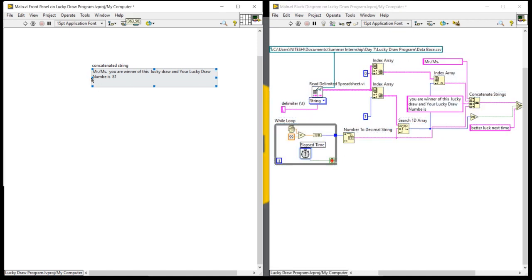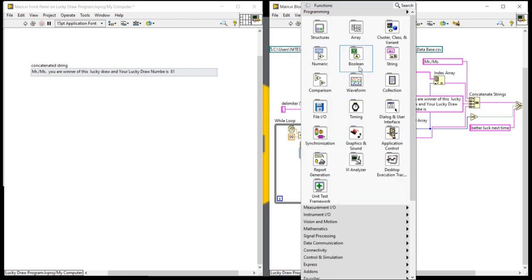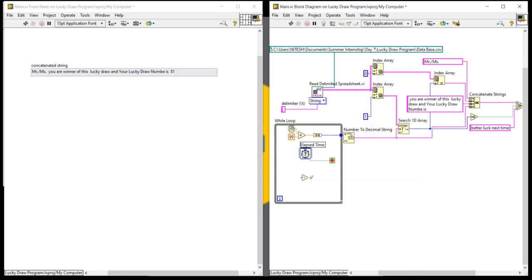Now look at here. Run. I'm going to use this on and off. It is not functions.